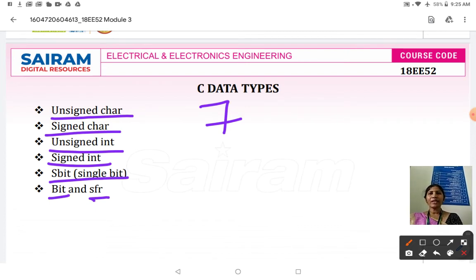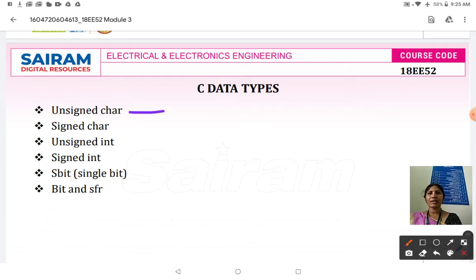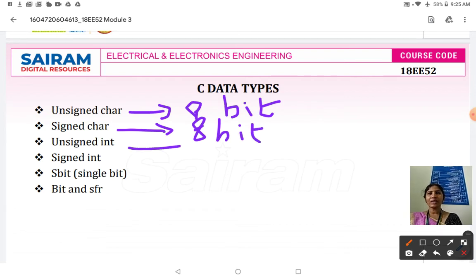Now I'll tell how many bits each of these data types has. The unsigned char is 8-bit, and the signed char is also 8-bit. Unsigned integer is 16-bit.